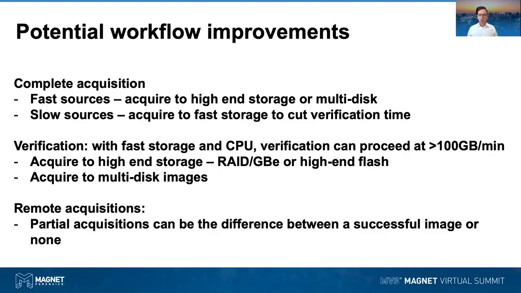Another approach which we're seeing, now that 10 gig Ethernet is starting to become a thing, is that we can start using that to get higher end storage. So maybe you can plug a 10 gig Ethernet into a RAID array, and you can get some really fast acquisitions going on there. For slow sources like spinning disks, Arbitrary really is generally not going to speed up the